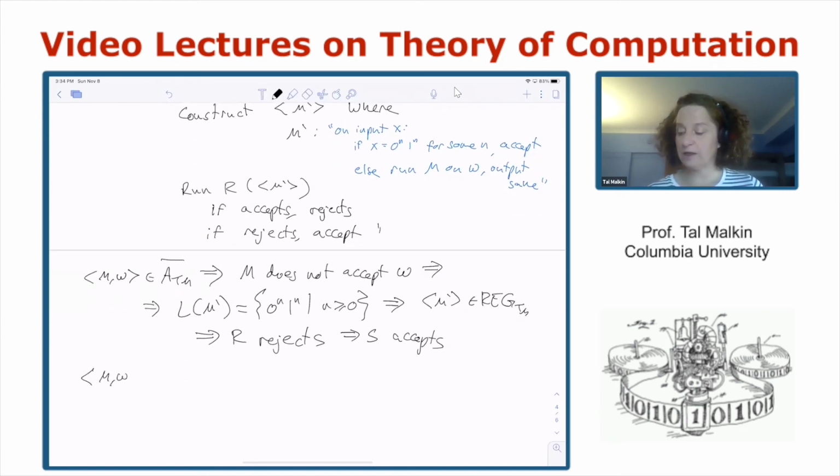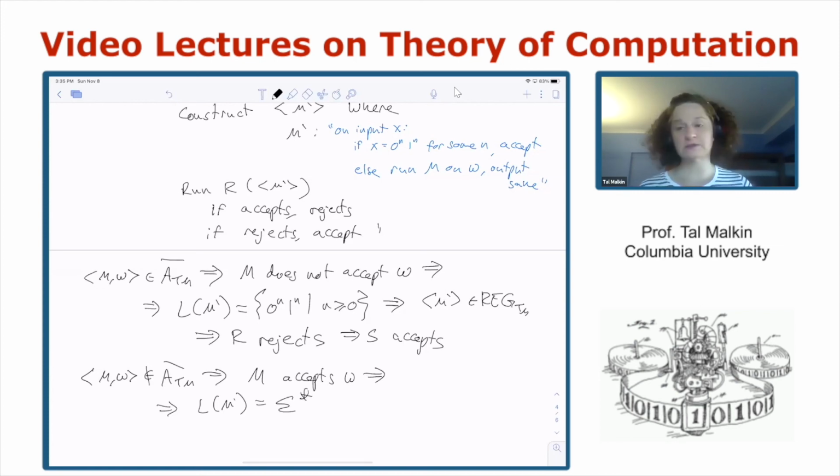And if MW, again, it's all if and only if, it's not in ATM complement, then M accepts W. And then the language of M prime is in fact the set of all possible strings, right? Because the strings of this form are accepted, and strings that are not of this form are also accepted because M accepts W. Okay, and this language, sorry, this was not in RecTM, and this language is regular, right? Obviously, sigma star is regular,